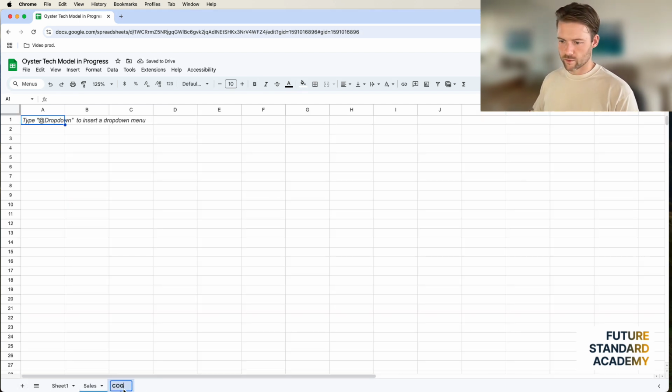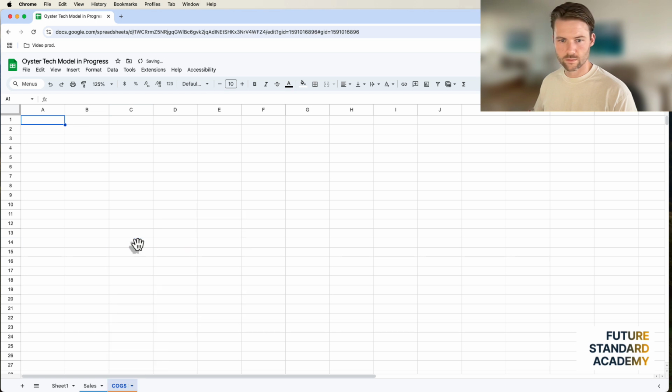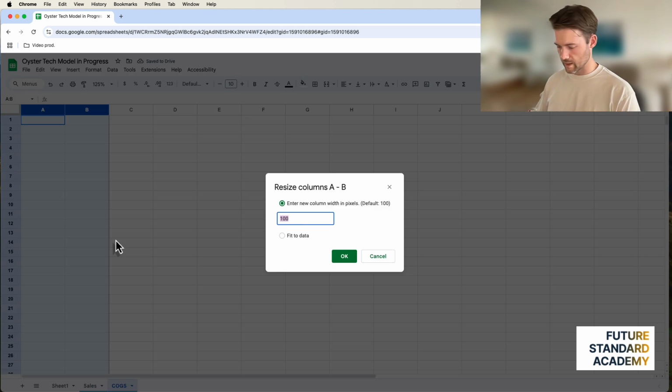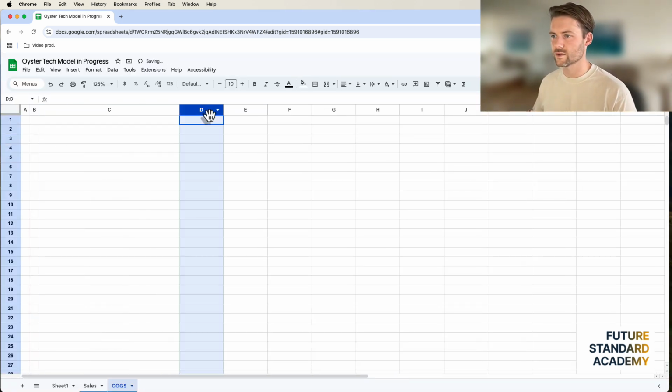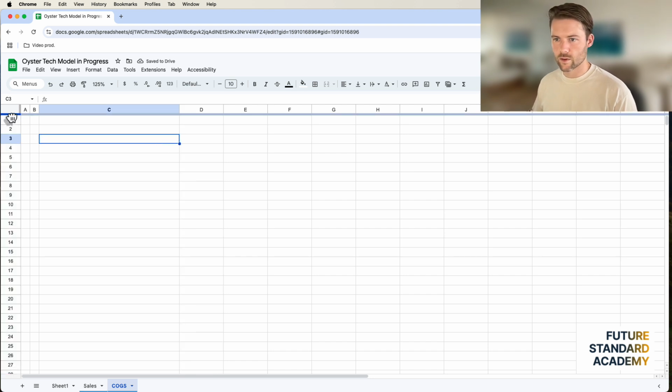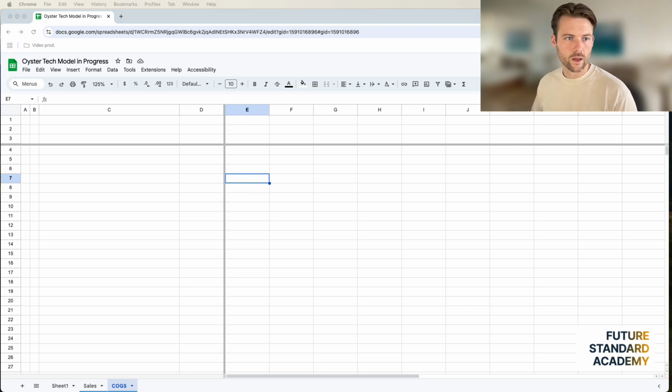Okay, now we're going to move into cost of goods sold. It's not quite the right color. Oh, it's supposed to be blue anyway. Okay, again, I'm going to make these all the exact same size. I like 20 pixels on the first one. C doesn't matter. It's just whatever the title size is. D and E and so on are going to stay the same. I'm going to fix these. I'm going to fix that. Actually, this needs to be... Nope, that's good. I'm going to bring over my cost of goods sold.